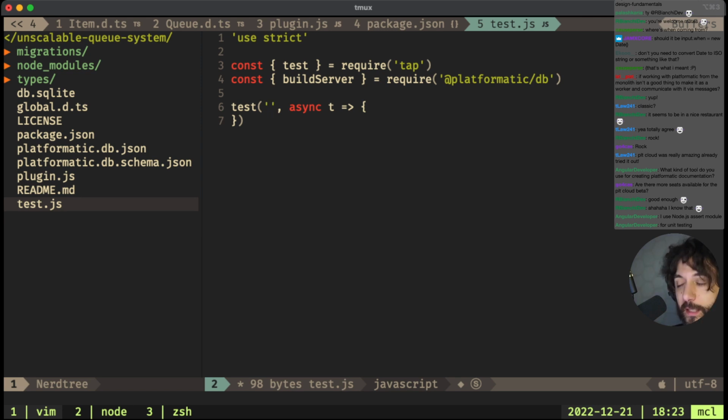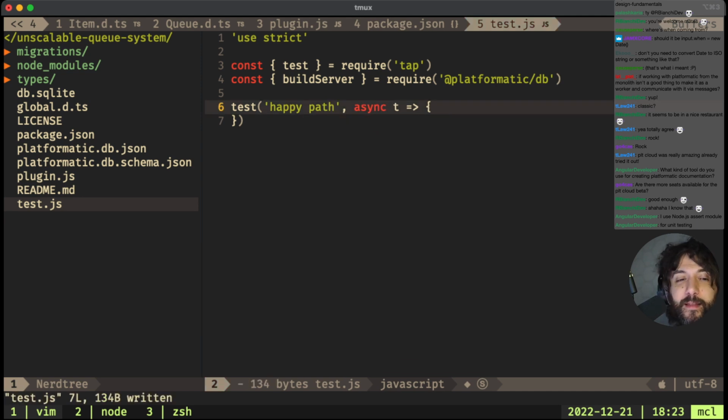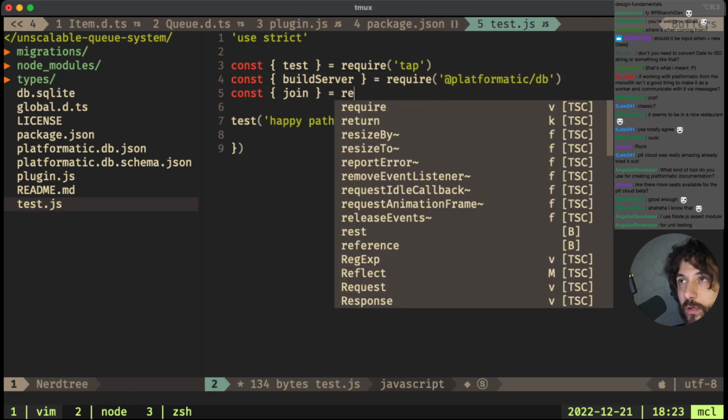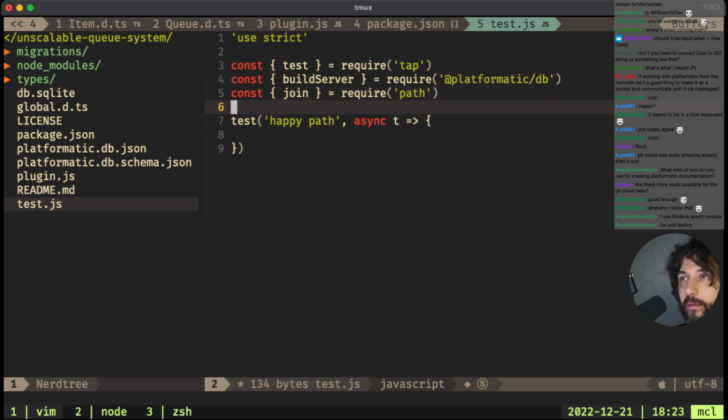And what do we need? Let's call it the test, the happy path. Do you like testing the happy path? I typically start writing the happy path. So we need the config, I think, but maybe we can get away with it. Join require path.